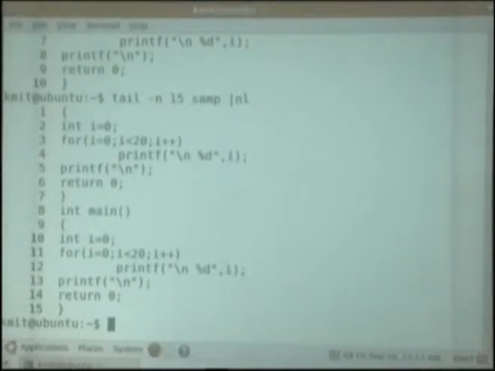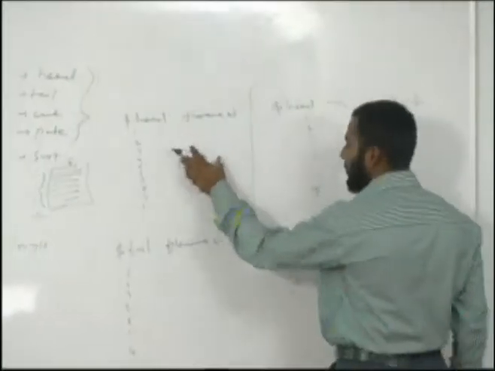In fact, this tail command is more powerful than the head command, because head has very few options when compared to tail.